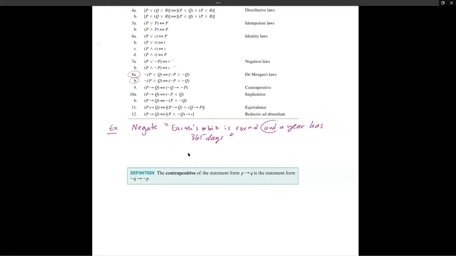So if you see and, that's the form that we have, right? So by the rule, if you apply 8b, the negation can be written: the Earth's orbit is not round,